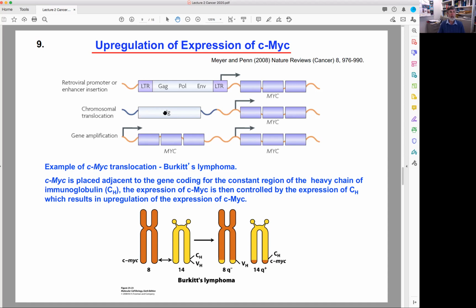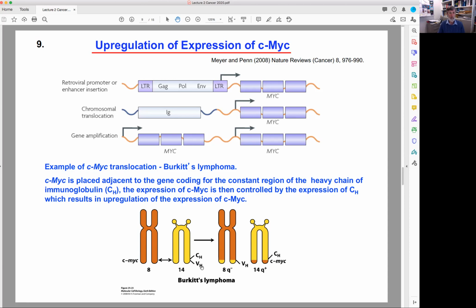So this middle one here, chromosomal translocation, we can look at that. The example of this translocation is seen in Burkitt's lymphoma, where c-MYC is placed adjacent to the gene coding for the constant region of the heavy chain of immunoglobulin. So it's written as CH, the heavy region of the chain. And the expression of c-MYC is then controlled by the expression of CH, which results in upregulation of the expression of c-MYC. So if you're looking at the chromosome, c-MYC is at the end of chromosome 8, whereas the immunoglobulin